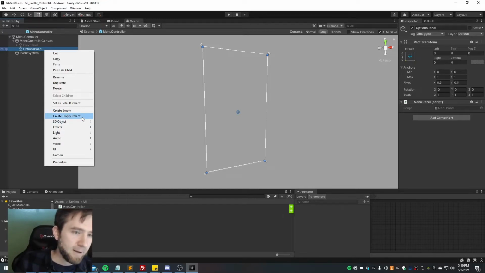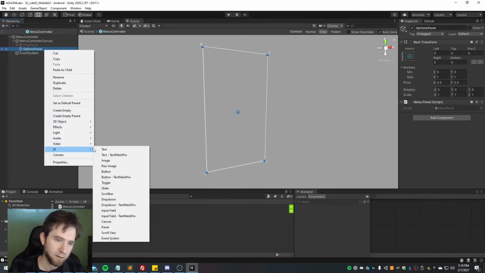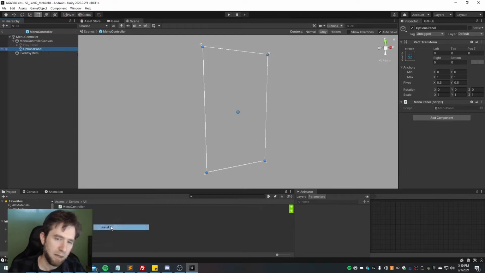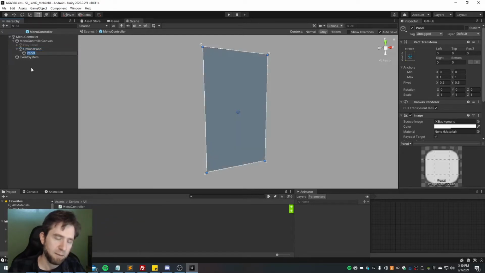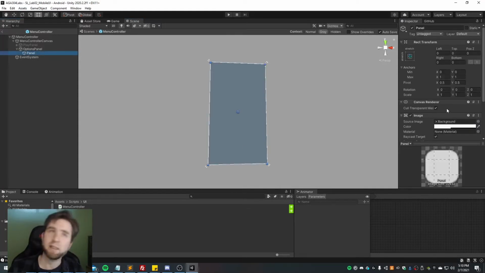Okay, so first step is to create, I already have an empty object and that represents my panel. So maybe this will be the panel. A panel is exactly like an empty object except it has an image on it, which is just a default background. But I don't want that panel to be the full screen. I want that panel to be